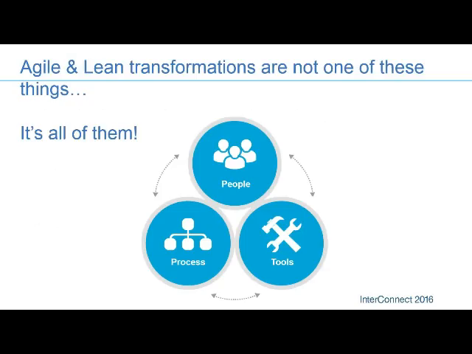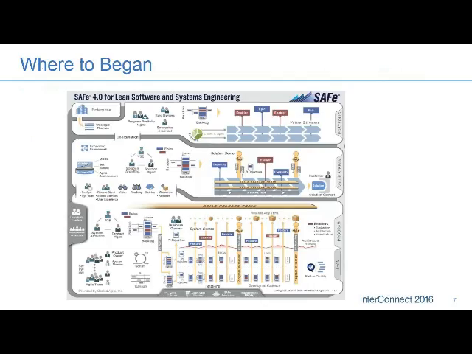So when you think about the goal of Scaled Agile, which is to help large teams develop successfully together over several quarters or multiple years, there are many things that go into it, but it really still comes down to having an approach that covers people, process, and tools. So with the SAFe Scaled Agile framework, you have a process or methodology framework that covers a lot of roles that are in addition to the basic Scrum roles, things like the release train engineer and value stream engineer and program and